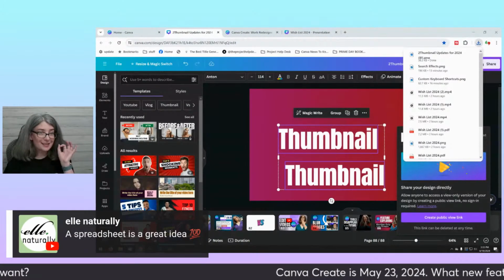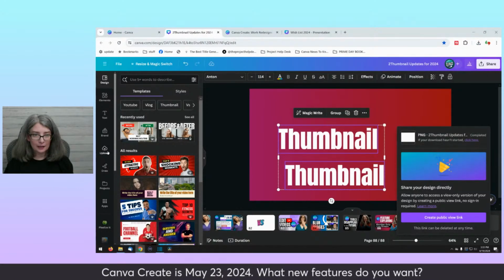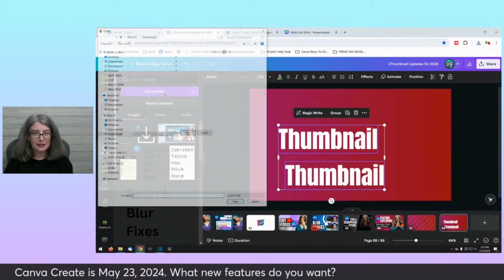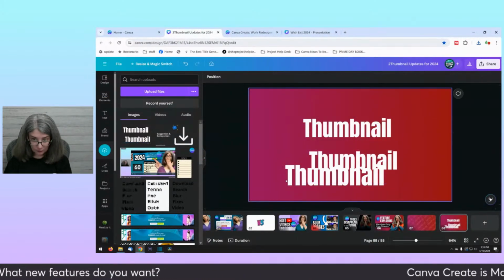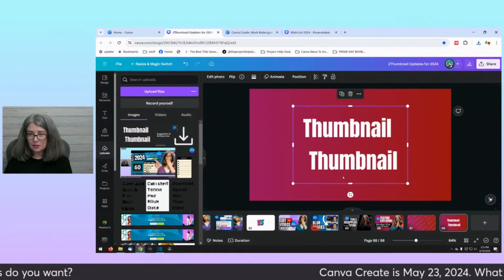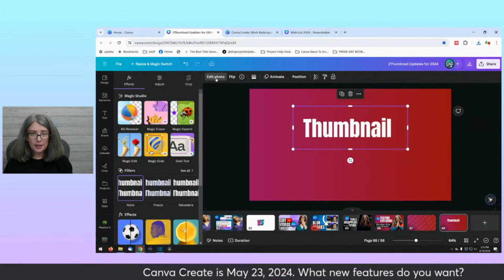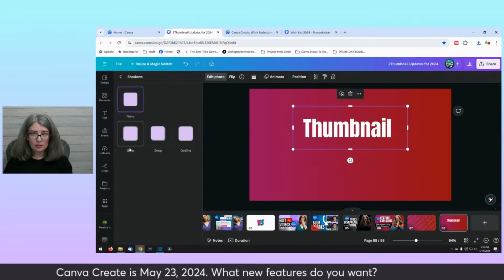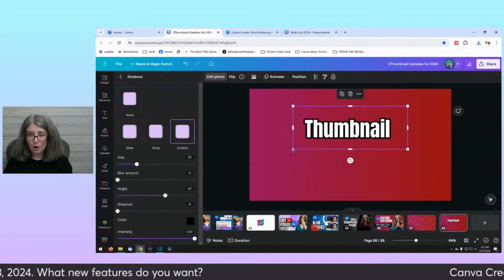A spreadsheet is a great idea. Yeah, I really think it is. Okay, I lost the ability to drag it in. And this one may not work well. But how I like to use it, and I'm just clicking edit photo and then giving it a download.